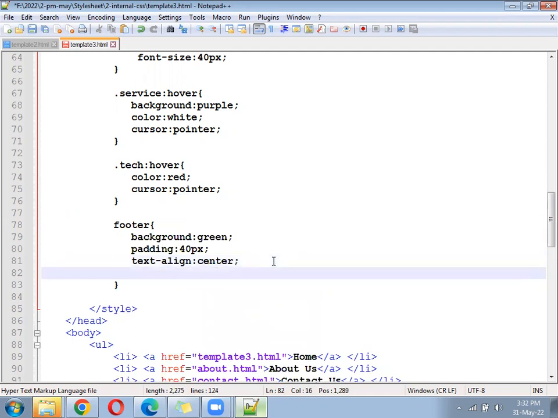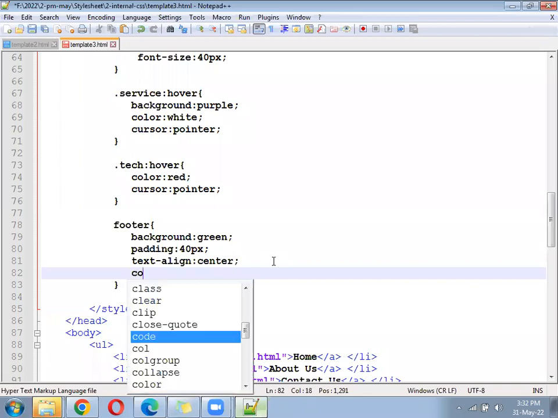Text align center, background green, padding 40 px, background color as white, and color should be white color.